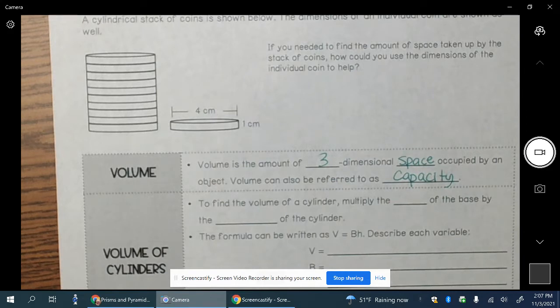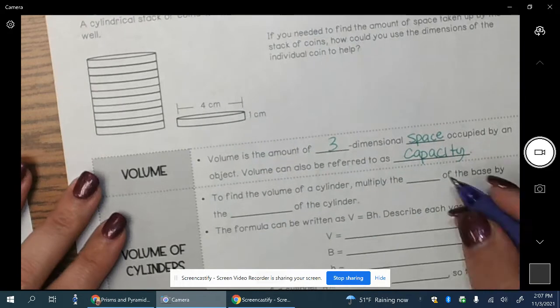Alright, so 3D is capacity. It's the space inside. How much soup can go in my can? How much water? How much air? Alright, so to find the volume of a cylinder, we multiply the area